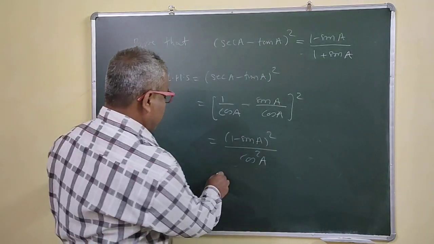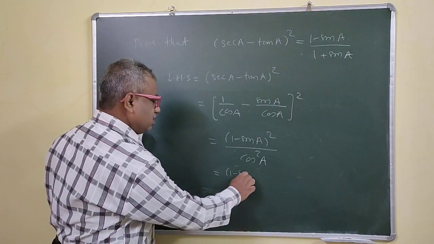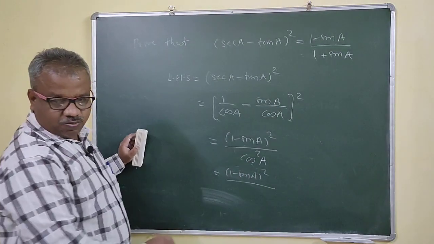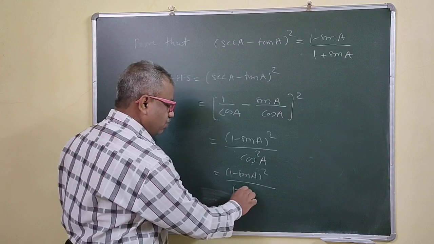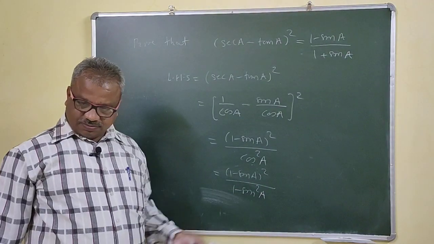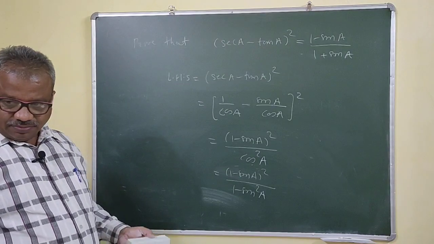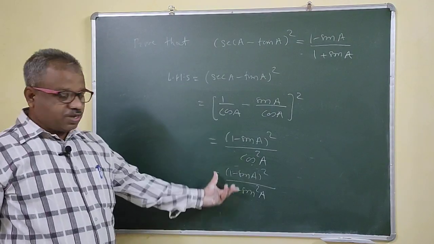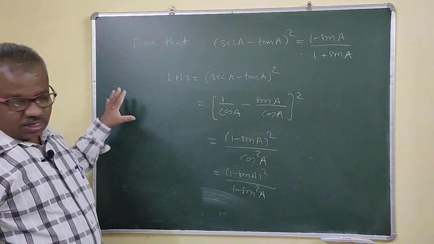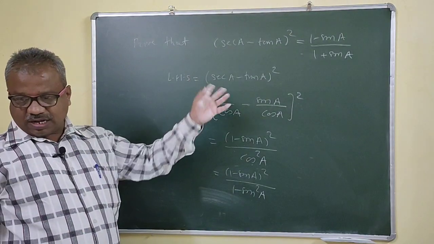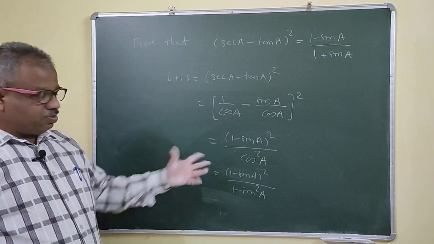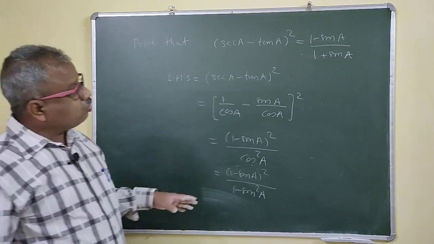So now this is what then? This is what? 1 minus sin A bracket square. And your cos square is nothing but what? 1 minus sin square A. 1 minus sin square A. Right? Now you can factorize this. 1 minus sin square A. Right? Now see here. This becomes very easy and not lengthy now. That part where you are just expanding, that one is lengthy. Right? So this will not be lengthy.